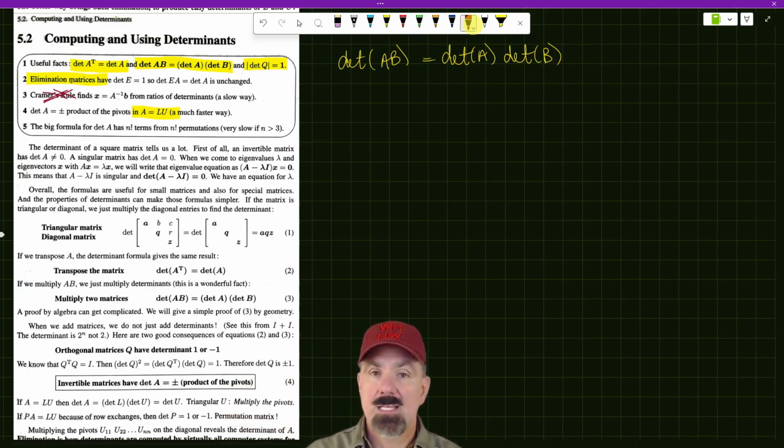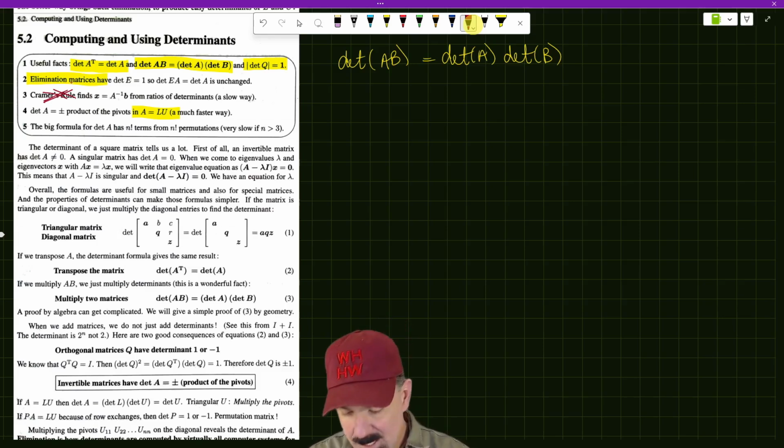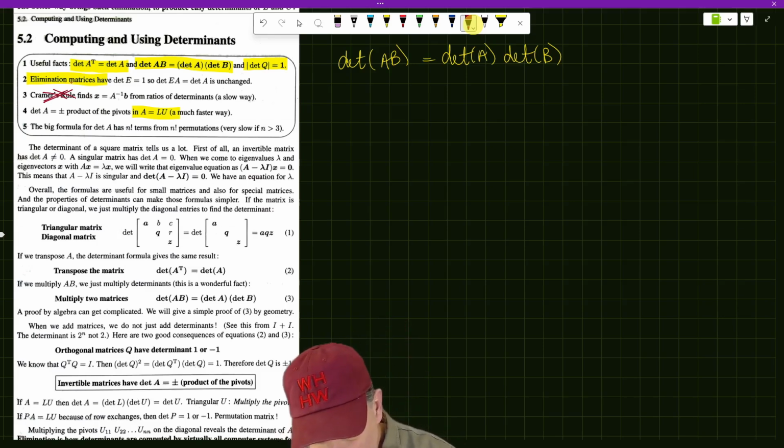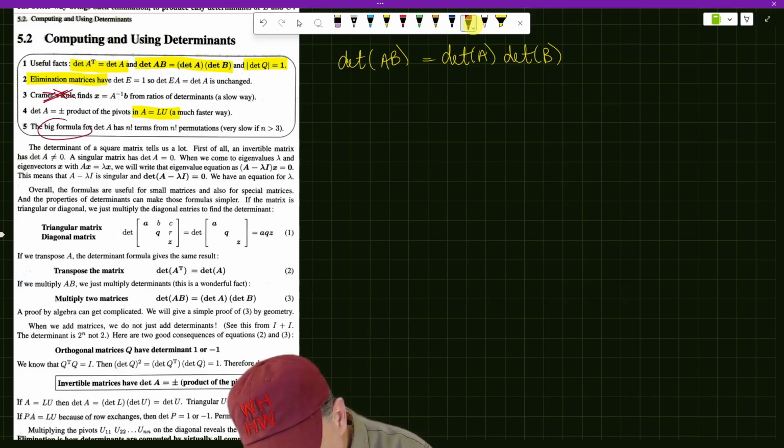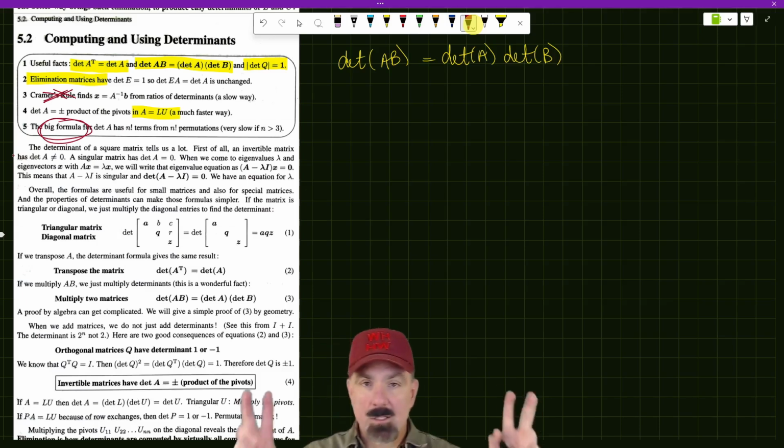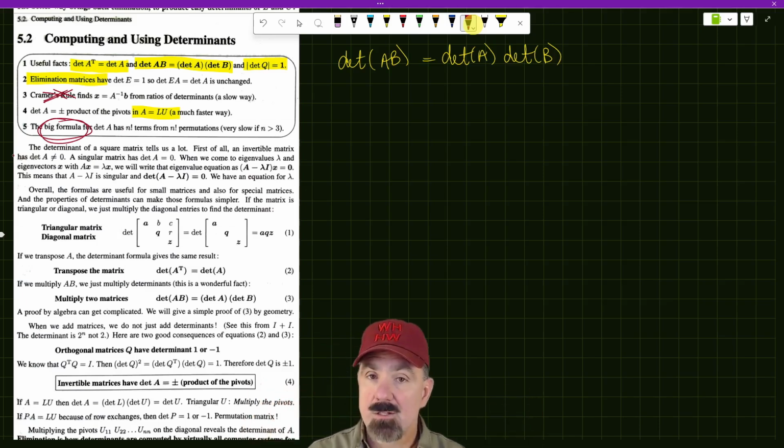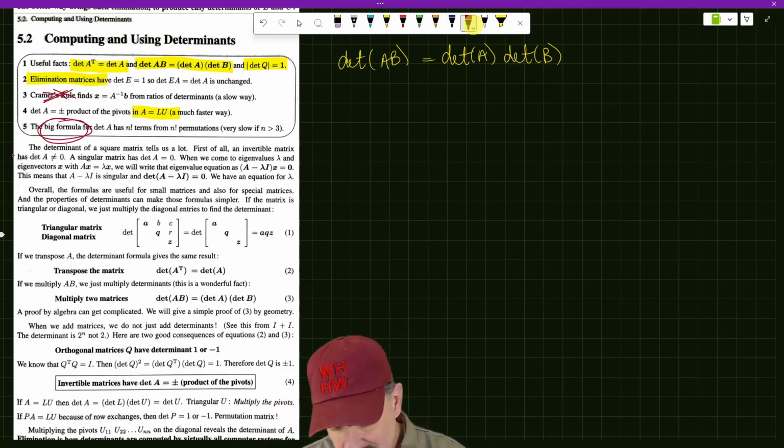It is one of these somewhat interesting results, one of the interesting applications for linear algebra, but it has no pragmatic application or purpose, and so we're not going to spend any time on that. And then finally, we'll give a brief nod to the big formula, he calls it the big formula, but the big formula is also not useful for us, and that's because